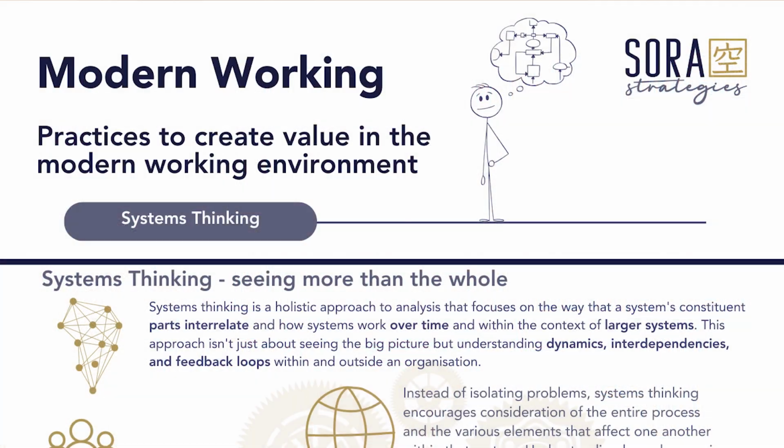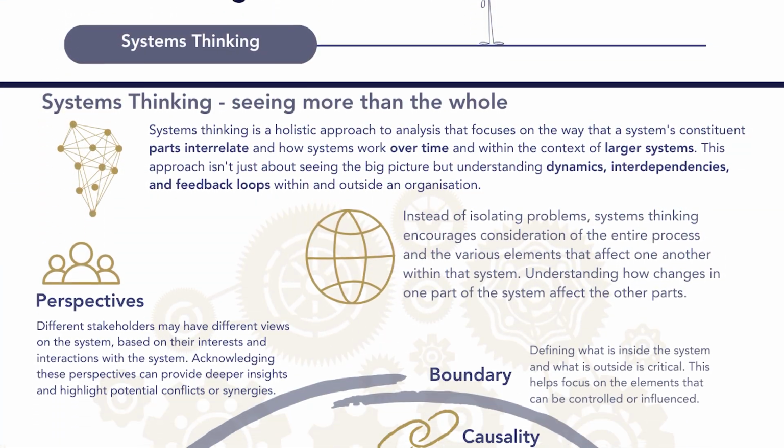Now, another thing to be aware of when you're looking at systems thinking is perspectives. Generally, you have two types of perspectives, those who are inside the focus area and those who are outside. As a systems thinker, working hard to create awareness of those perspectives is your goal. You really need to tap into both of those stakeholder groups, work closely with them, understand their perspectives, understand their drivers, understand their motivations.